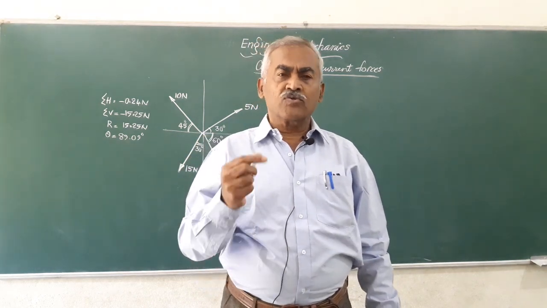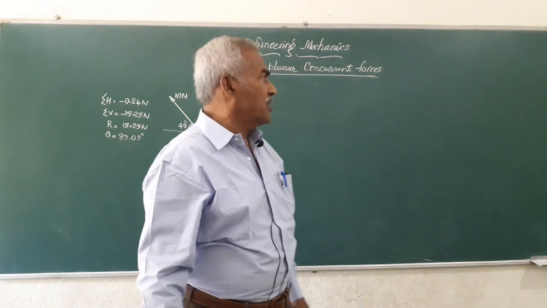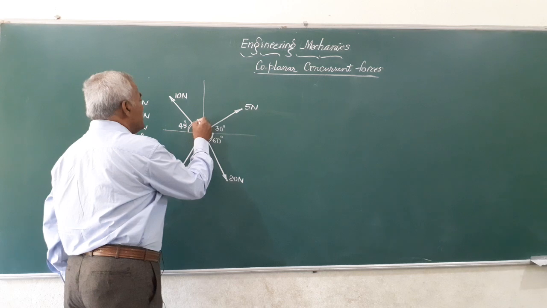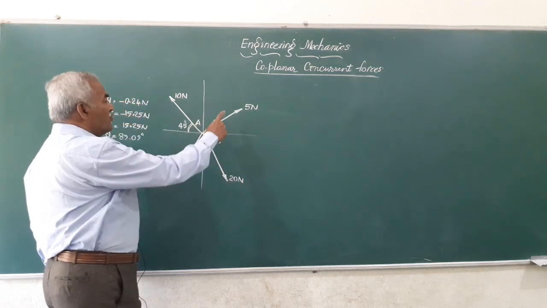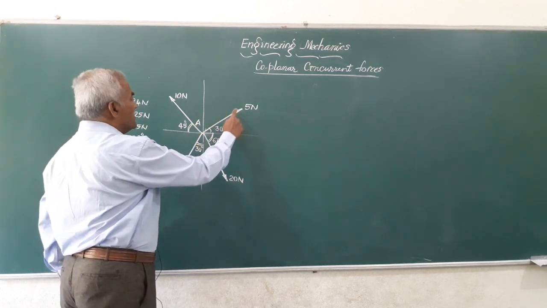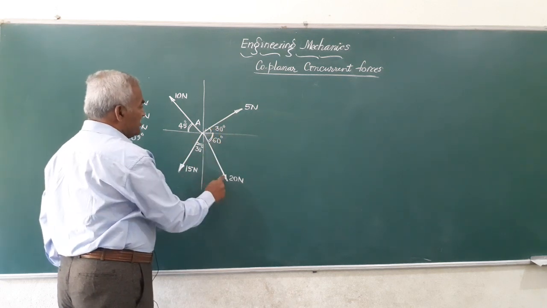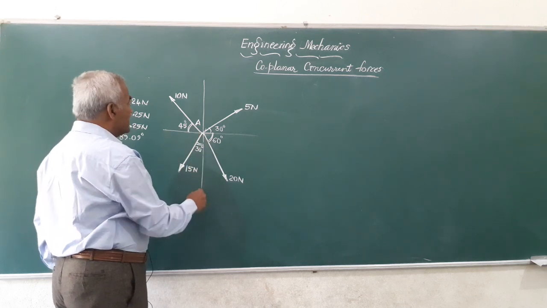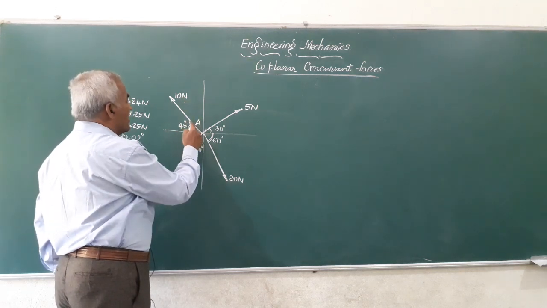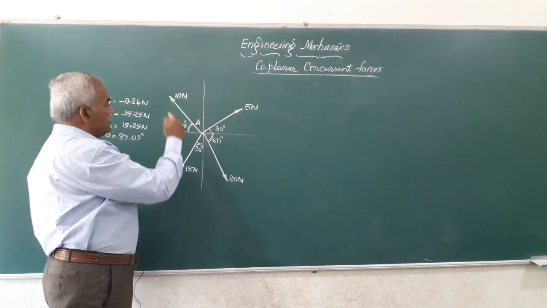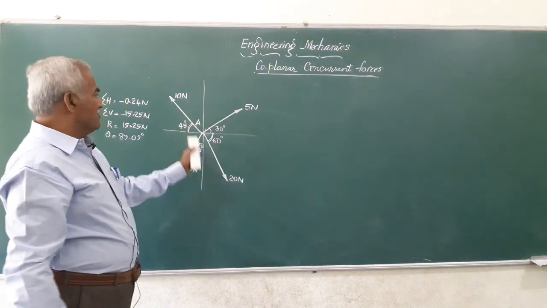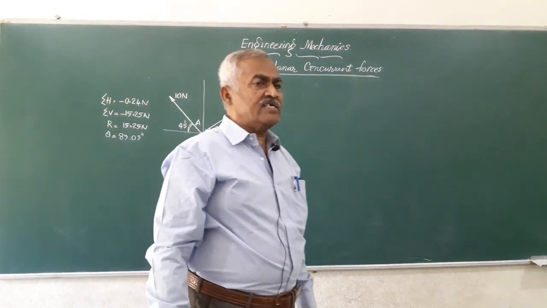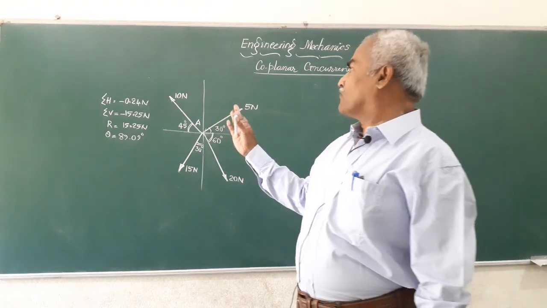So, to explain it in a better way, I have taken up a problem wherein a body is acted upon by four forces, namely 5 Newton acting at 30 degrees, 20 Newton at 60 degrees to the horizontal, 15 Newton at 30 degrees to the vertical, 10 Newton at 45 degrees to the vertical. Sorry, to the horizontal, vertical it is the same because this is 45, this is also 45. My aim is to find out what is the resultant of all these four forces.